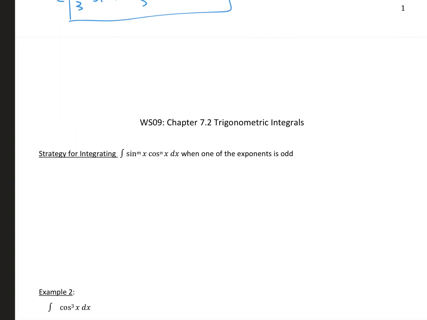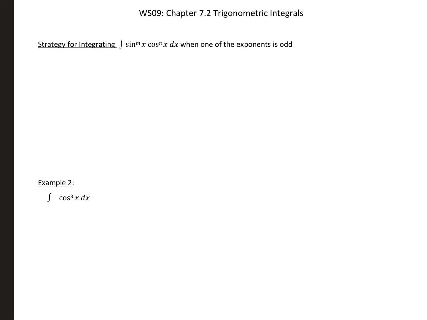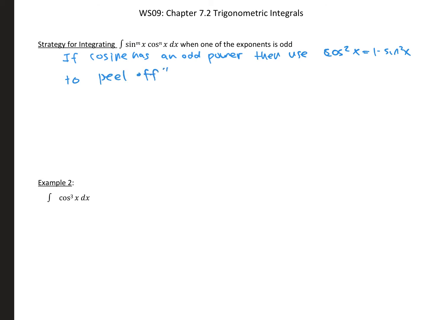So let me look at the next strategy here. It's just like what we did. One of the exponents is odd. So for example, if cosine has an odd power, then use cosine squared is 1 minus sine squared to peel off the power and have only